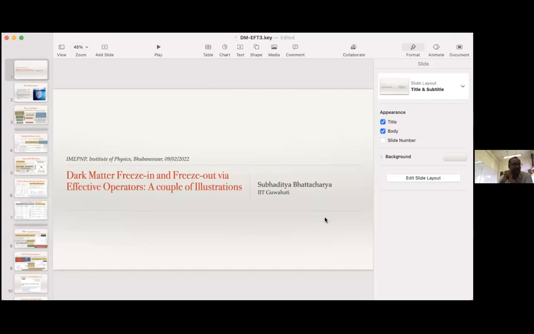So for this second talk, Subhaditya Bhattacharya from IIT Guwahati will talk about dark matter in different production channels, freeze in and freeze out through effective operators. So we all know him, so he doesn't need any introduction in our community. He is an expert in dark matter phenomenology and model building. So I hope that young participants will enormously learn from this